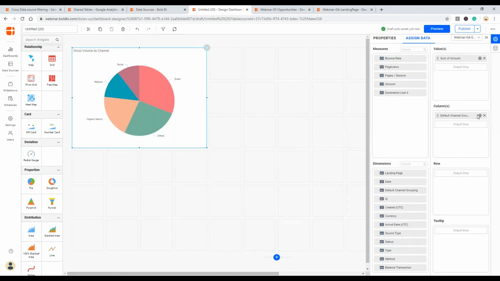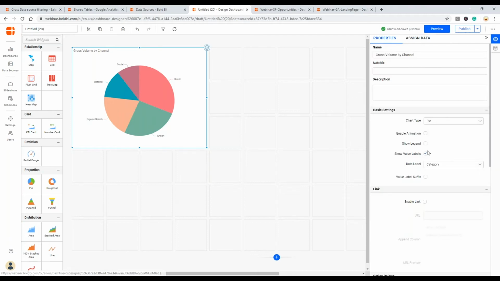That's great. Let me rename this column as just channels, and this one as gross volume. It is not mandatory, but for readability, I have just renamed this.